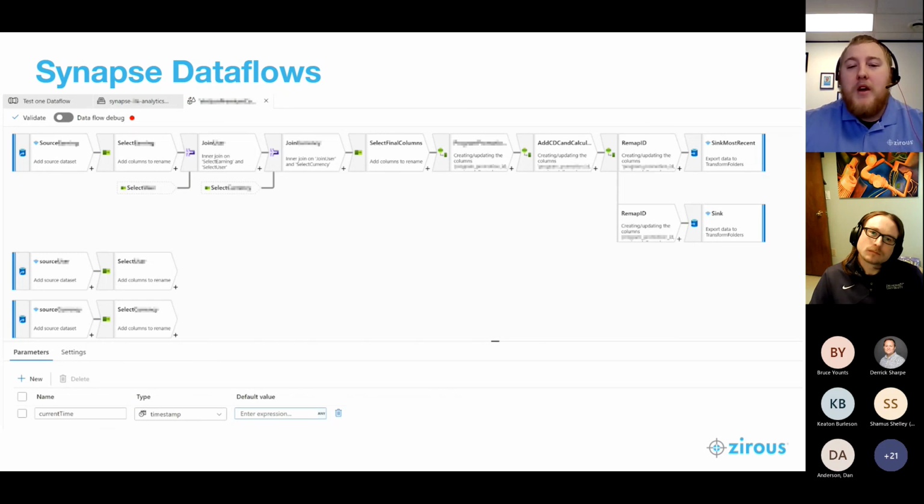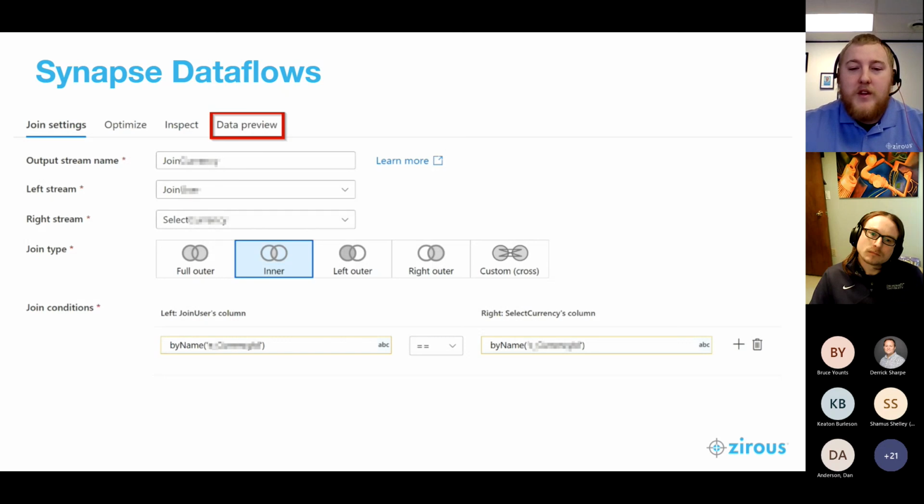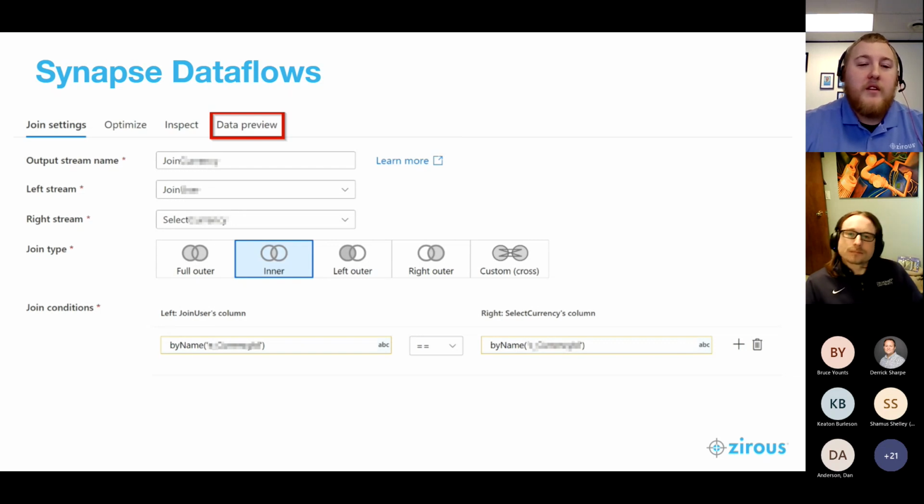And I know people might be asking, you say it's really easy to do this. How can I make sure that I'm doing it correctly? Well, at each step in the data flow, we have the ability to do a data preview. So any of those activities, if you go to the next slide, when you click on them, you'll have the option to do data preview. And this shows you a live state of what your data looks like exactly at that moment in time. So if I've only done one of those two joins, I'll see what it looks like after the first join, and I can step through each step and see what my data looks like at any point in time before I commit to that being the final version of the data flow.